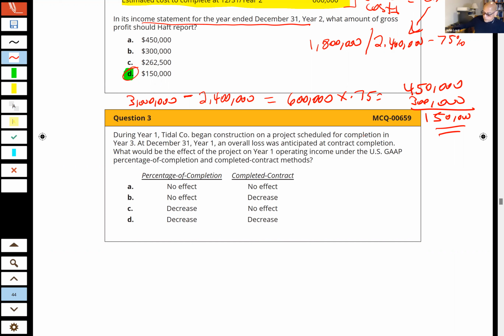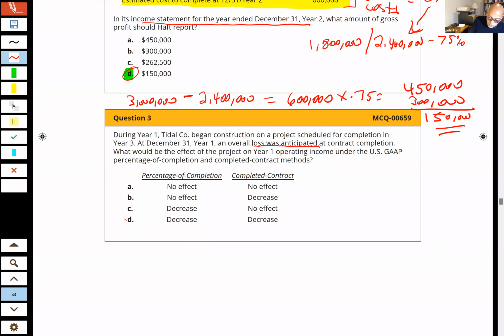Okay, guys, looks like most of us have had a chance to work this one, and I don't want to delay any further to look at it because it's a pretty straightforward question. So good, 71%. Well, I would have thought more of us would have got this right. I would think we'd be more in the 90s, because they're telling us that what? There is a contract and we anticipate a what? A loss.